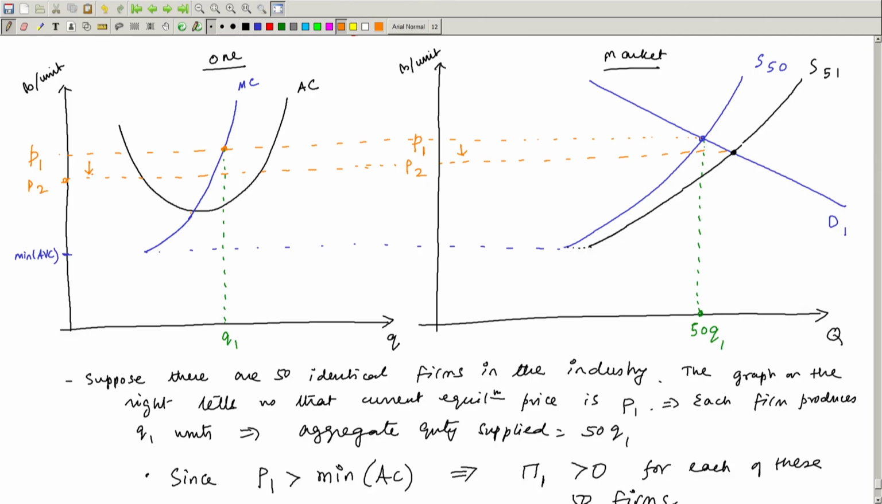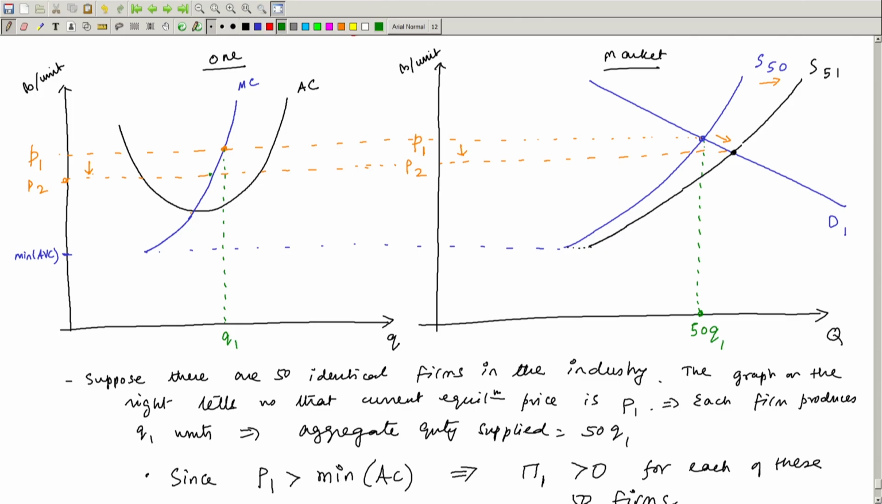So, originally, the story was that we had 50 firms in the industry. That 50 firms gave us a supply curve S50. With the demand curve, we identified the equilibrium P1. We figured out that this price P1 was greater than the minimum average cost. So, profits were positive. Because profits were positive, a new firm entered the industry. When the new firm entered the industry, the supply curve shifted to the right. That lowered the price from P1 to P2,